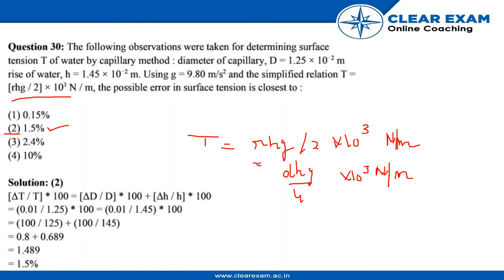So now, given g as a constant, we can take del T by T is equal to del D by D